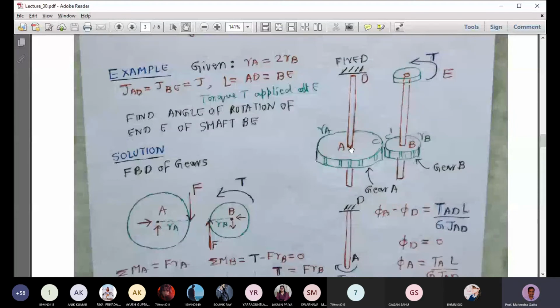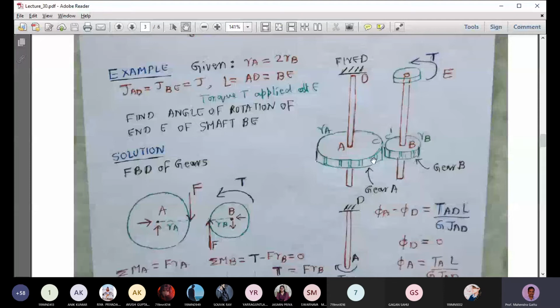And at A we have a gear. The gear is represented by this green color disc. I'm not showing the teeth of the gear. I'm just showing it as a straight line, but gear means, if you see a cycle gear, when you drive, the chain will be rotating on the hub. So there will be some gear kind of mechanism there in the cycle. Those kind of teeth will be there on the outer surface. I'm not showing those teeth here.